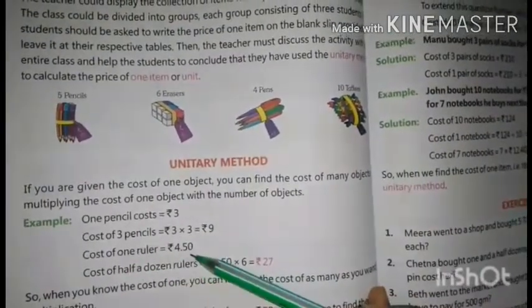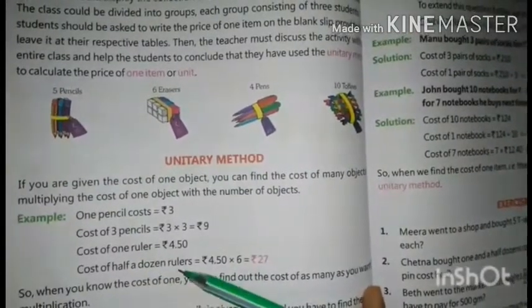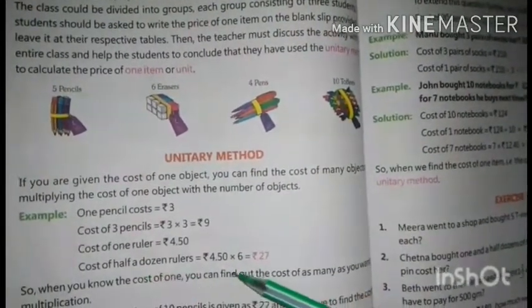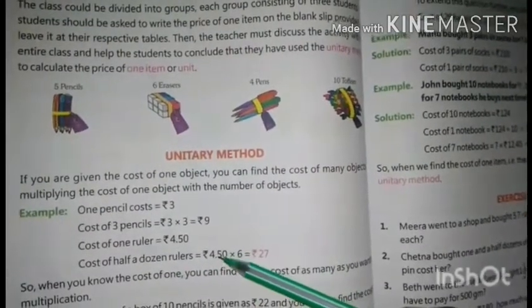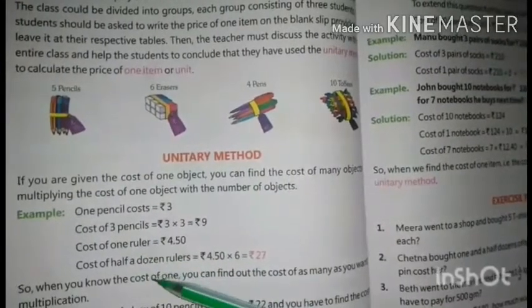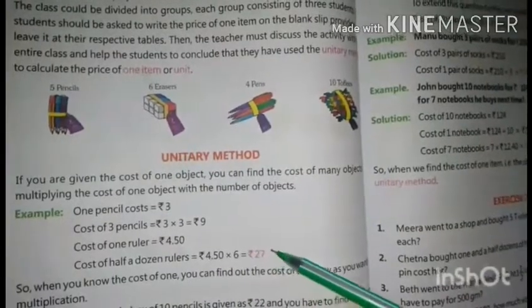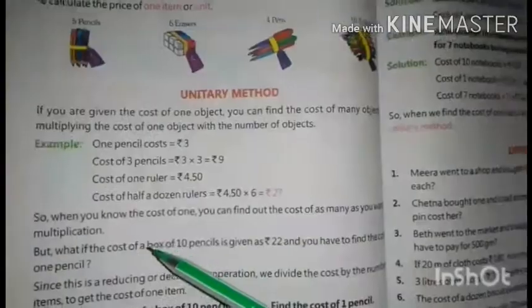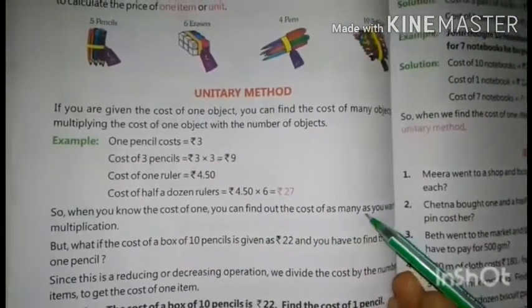The cost of one ruler is given and it asks for the cost of half a dozen rulers. Half a dozen means 6, 12 by 2. So 4.50 is the cost of one ruler, and half a dozen rulers cost a total of rupees 27. So when you know the cost of one, you can find out the cost of as many as you want